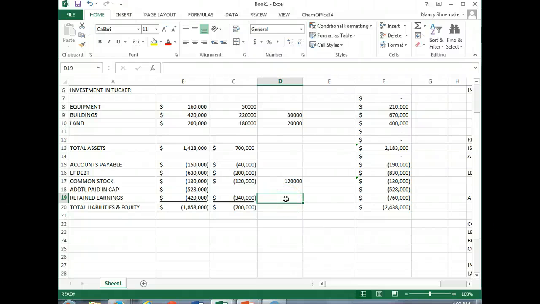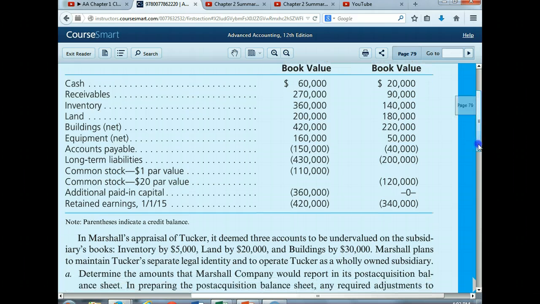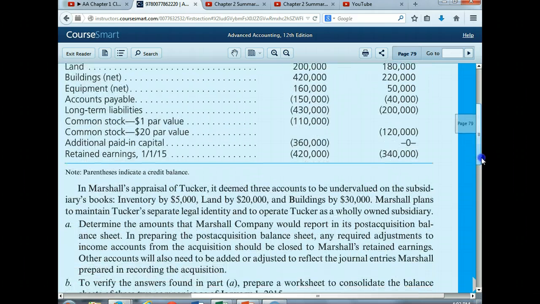Which is the 404, plus the income of the expenses. So basically, our retained earnings section is going to be, we started with 420, and what did we,